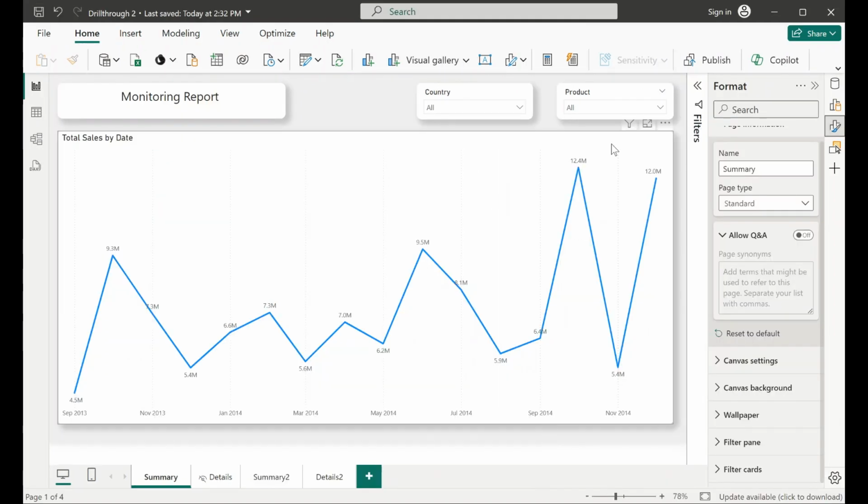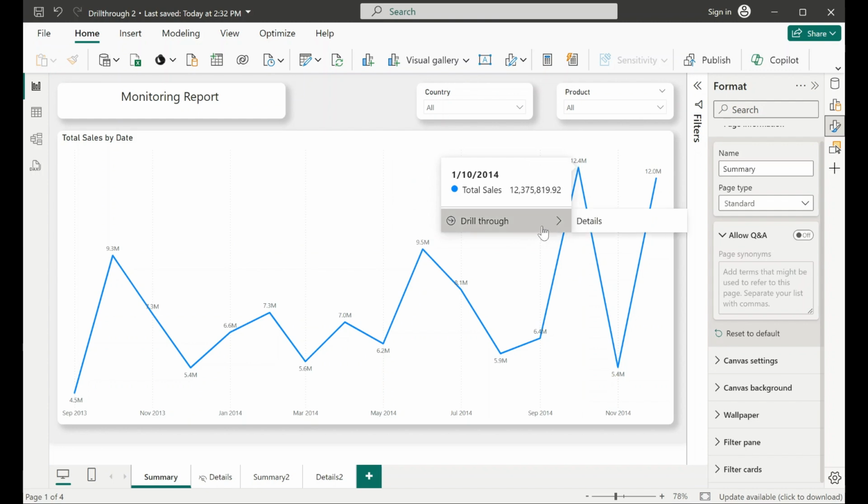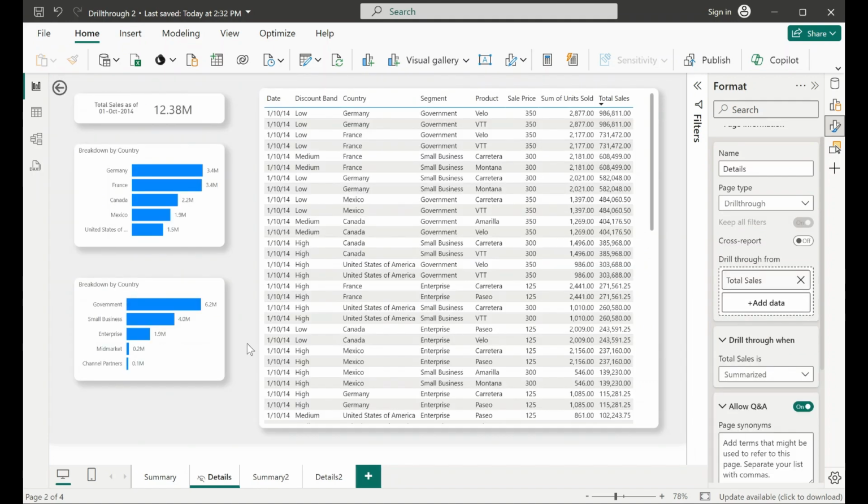And this is how it works. So you're finding something interesting, you're hovering over a data point, then you see that drill through pop-up window appears. You navigate there and you select the page that is set up to be a drill through. So in that case, it's the details page. Okay, so we come here and then we can see what is actually driving 12.4 million dollars total